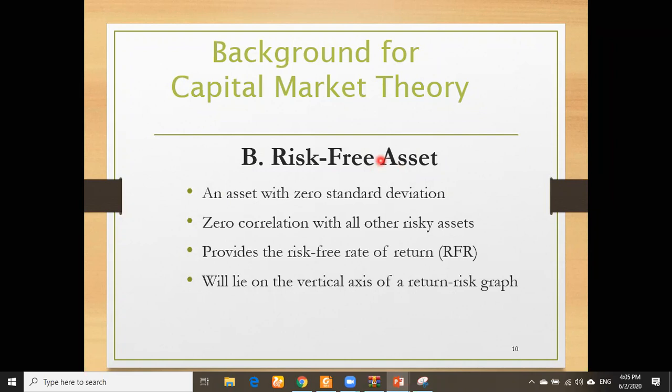In order to make the understanding of this capital market theory, the second point the market theory is based on is risk-free assets. And what is a risk-free asset? Any asset which has zero variation, or zero standard deviation, right? Because what is risk? Risk means deviation from its mean. If we are considering any asset which is risk-free, we will say its return does not deviate from its mean. So if it is not deviating from its mean, the standard deviation of that security will be zero. And when the security has zero standard deviation, automatically this security will hold a zero correlation with all other risky assets,